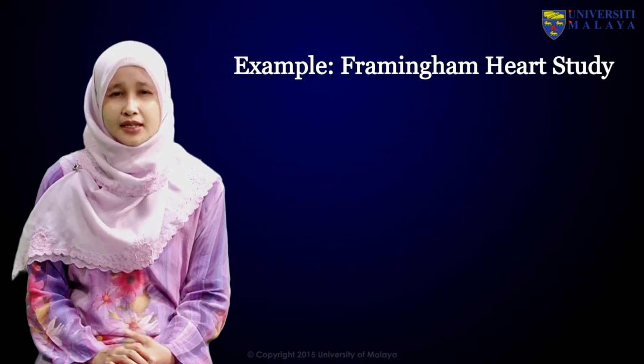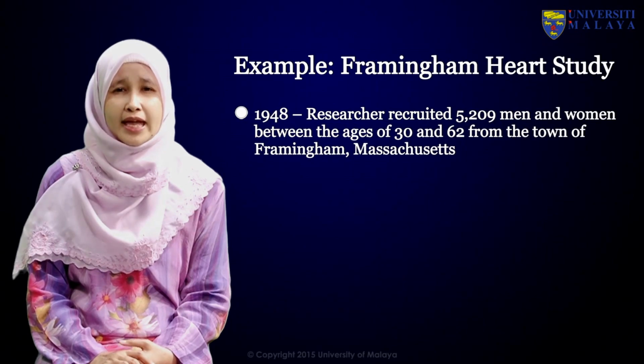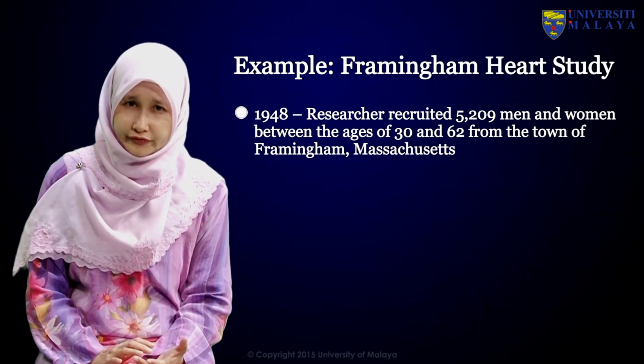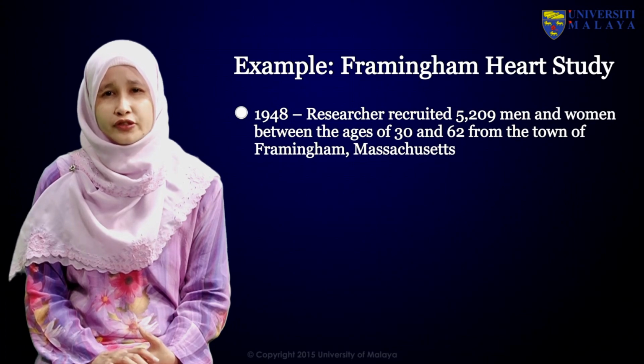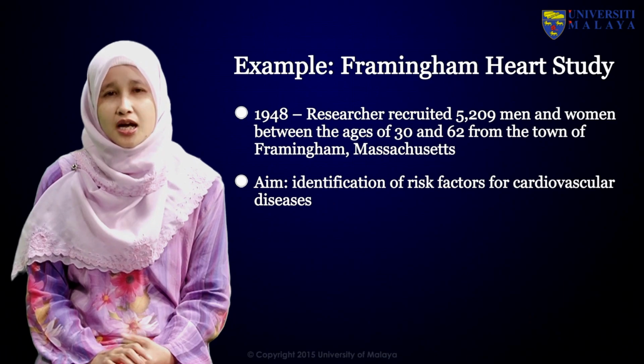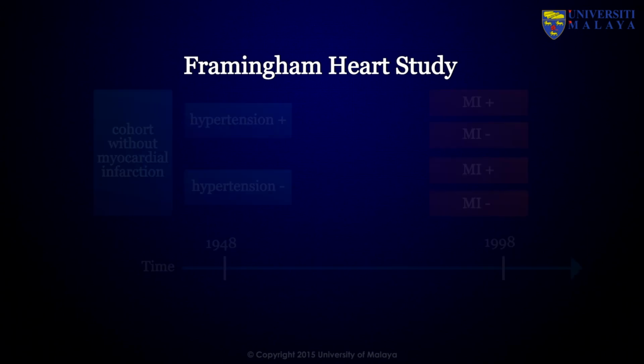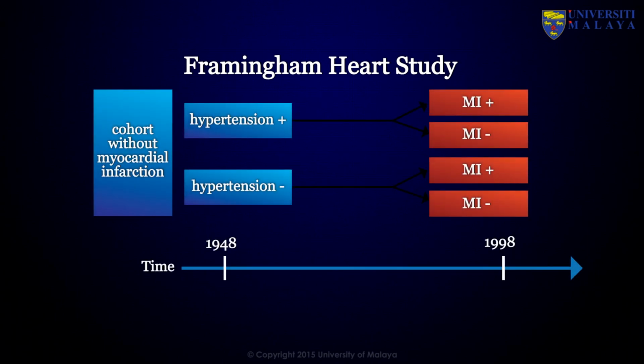A famous example of cohort study is the Framingham study. Started in 1948, researchers recruited more than 5,000 men and women between the ages of 30 and 62 from the town of Framingham. The aim was to identify risk factors for cardiovascular disease. Participants were followed up every 2 years. For example, one of the objectives was to look at the association between hypertension and myocardial infarction. At the start of study, they identified those with and without hypertension, then later followed up for how many developed